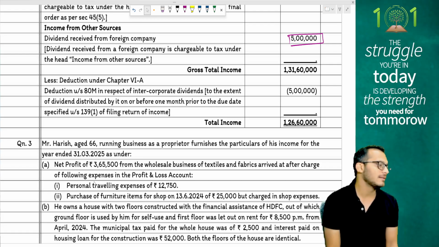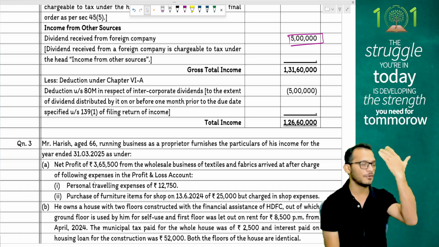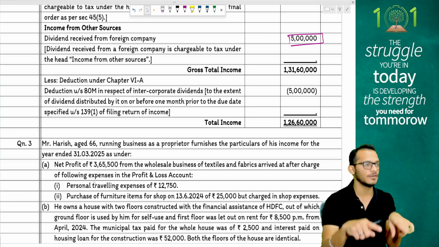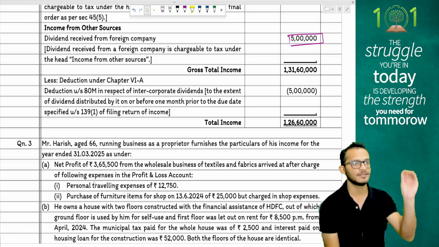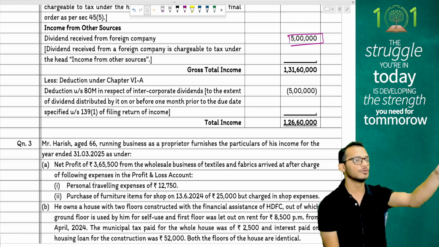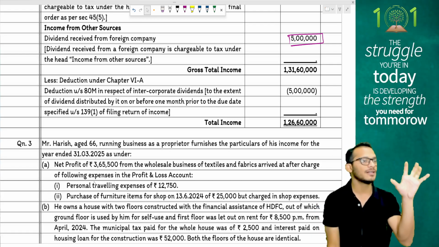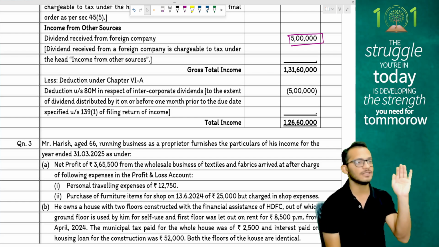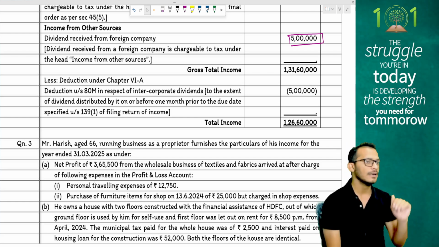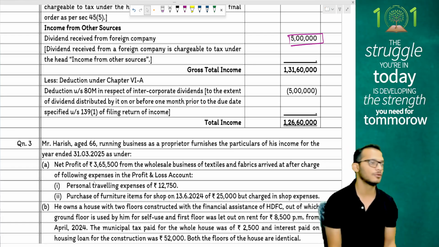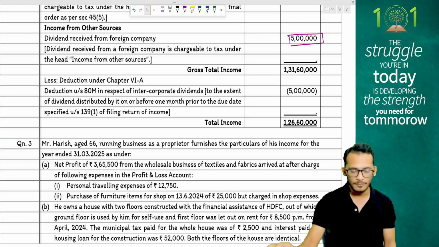Yes, either you can do that or you can create a separate sheet for yourself when you go home. You can call it a library of adjustments, where you can say, if this question comes, do this. If this question comes, do this. Either way works. I have already done a part of it when I gave you the concept guide, where I called it special adjustments. So some part of it I have done, and some part you can also do if you are making mistakes on those. Do that as well.